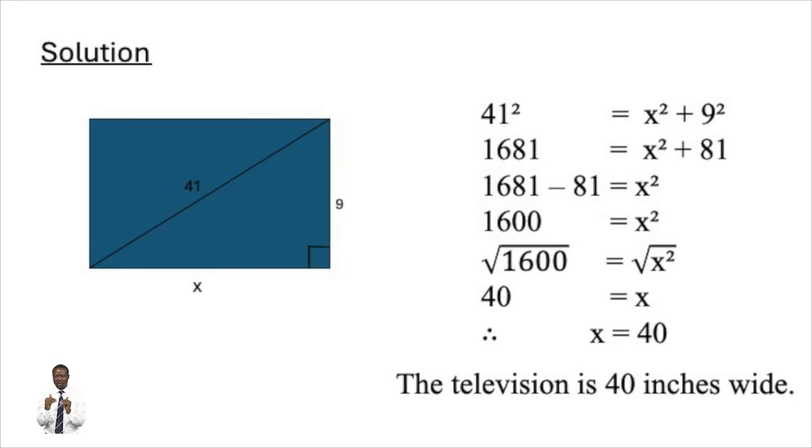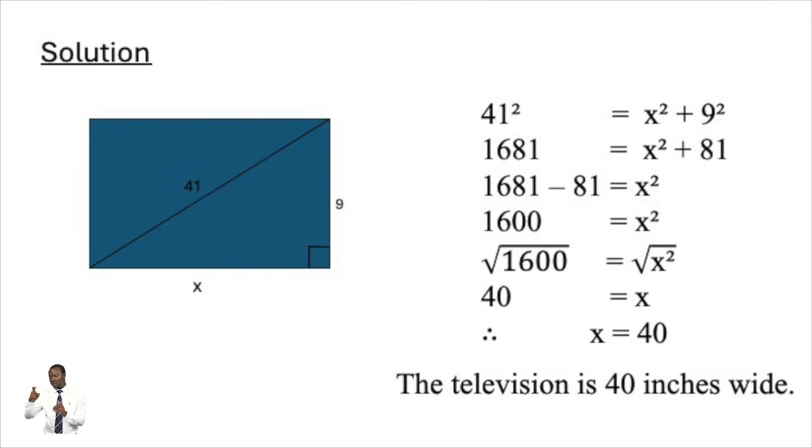And that will be equal to x squared plus the square of 9, which gives us 81. So to find our x, we need to first transpose. So 81 moves to the left-hand side and it becomes negative. So the difference now gives us 1,600, which is equal to x